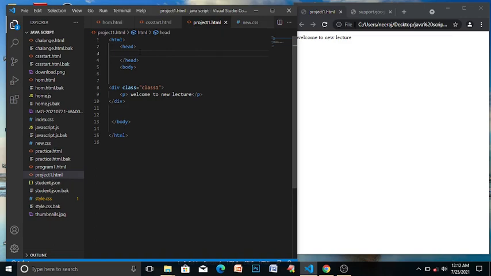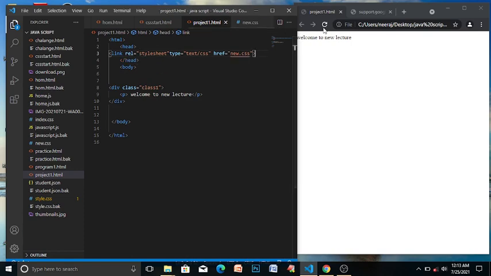linking, between the head tags we'll write link rel equal to stylesheet, type will be text/css, and then the file name new.css.